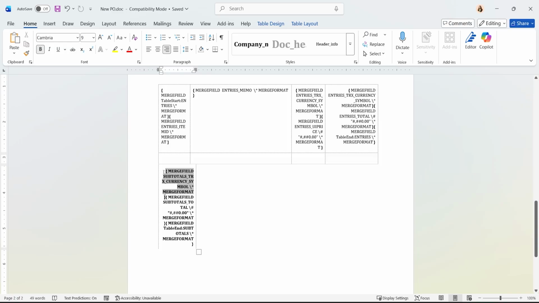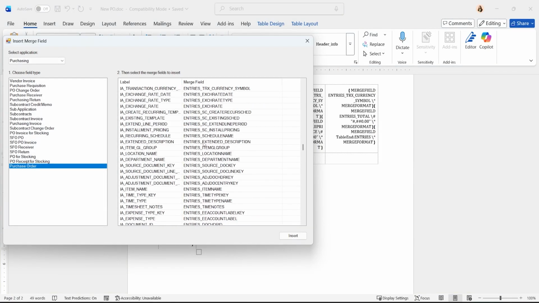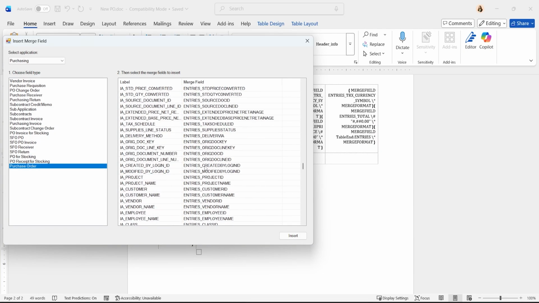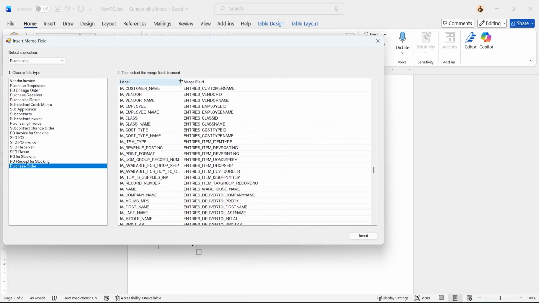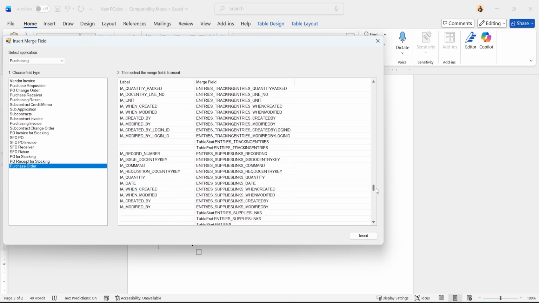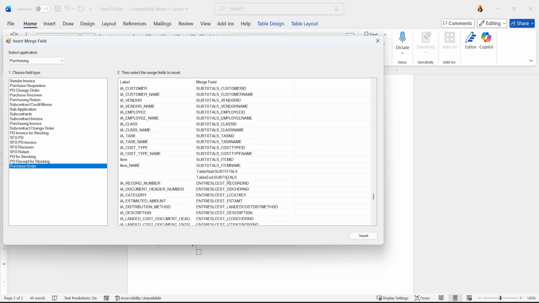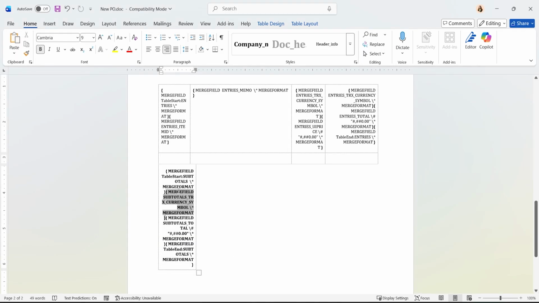So we'll go to the front right here. We'll head into our library, and I'm going to go to subtotals. So I'm still in the entries table. I need to find subtotals. So here's subtotals. I need to find the start. So this is the start. Okay, so now my subtotals table has a table start. Resave.